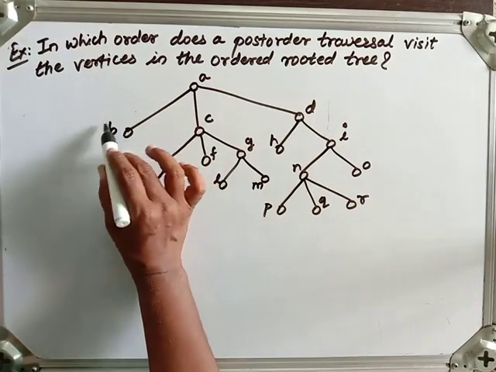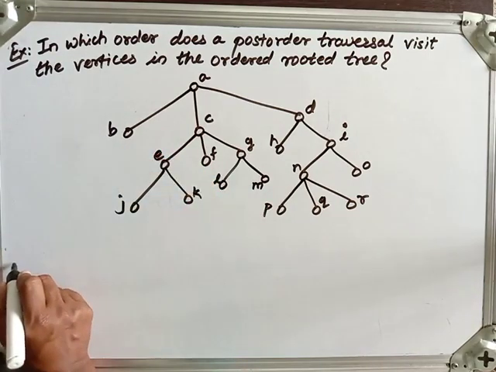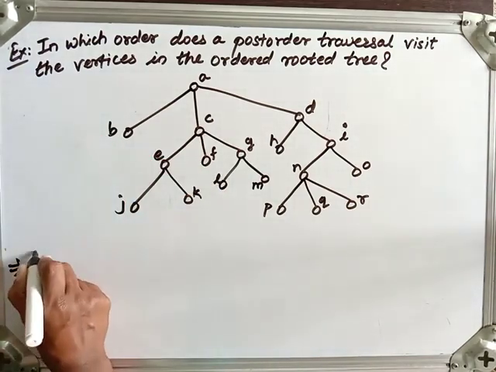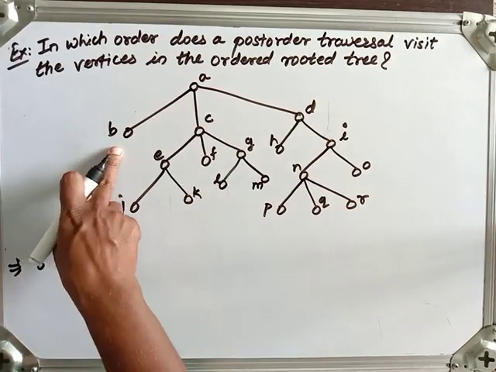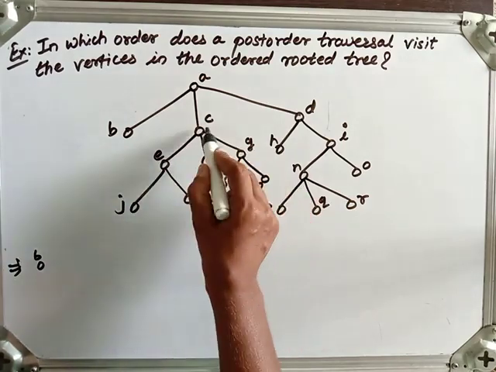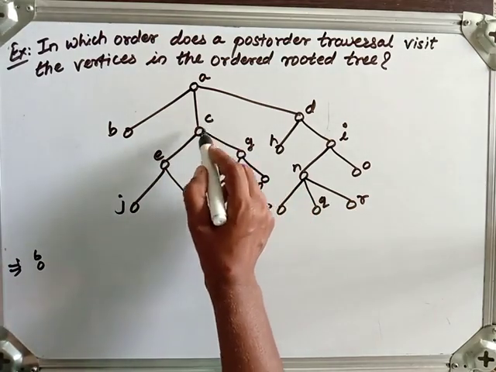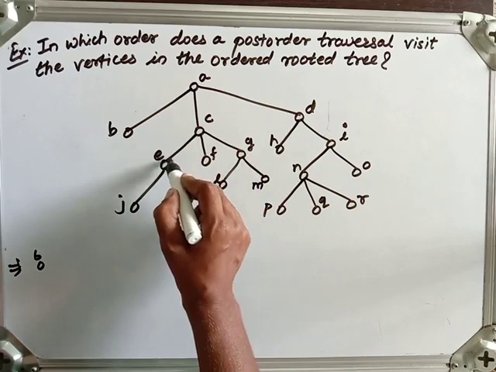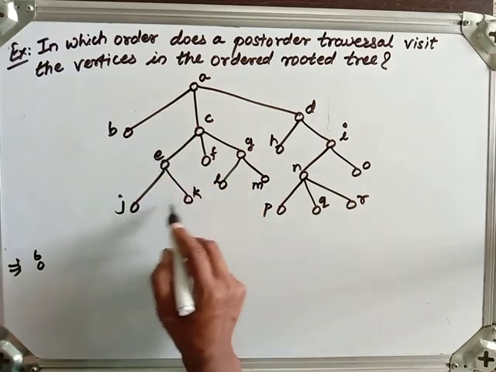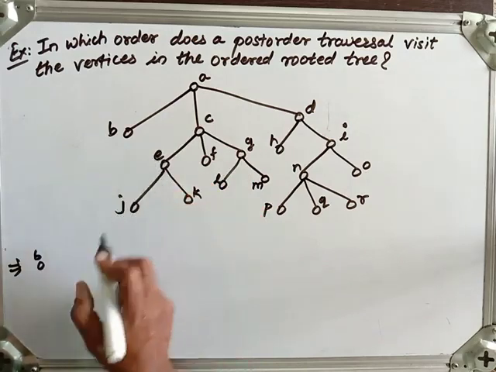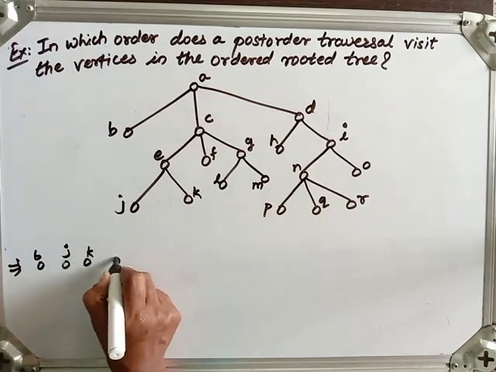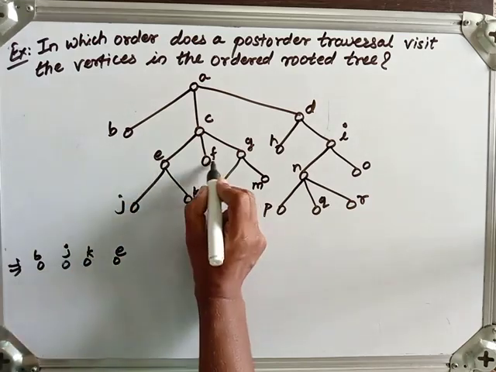First of all I will visit B. So I will write directly the last step. You have to write it in detail. So B is my first vertex. Which one I will visit? That one I will go for this subtree where the parent is C. Right? In that one again in post order I will go for this subtree with E. In that one again in post order I will go with J, K, and then E. So J, K, and then E. Fine. Then I will go for F.